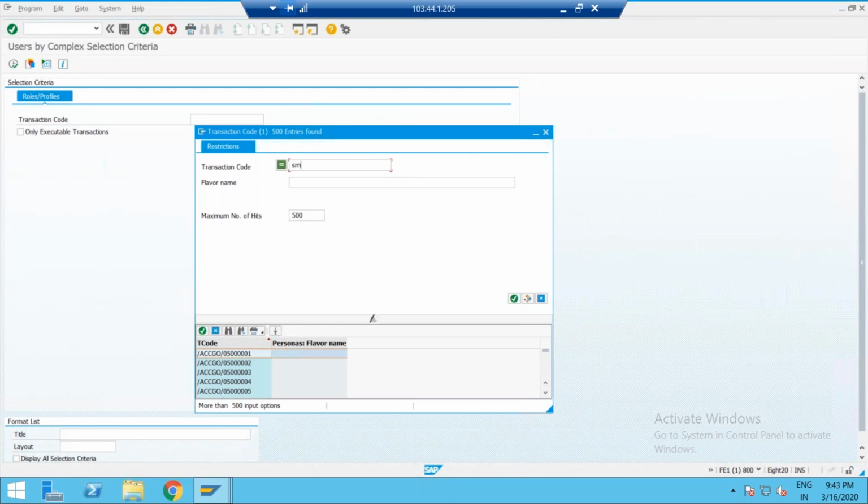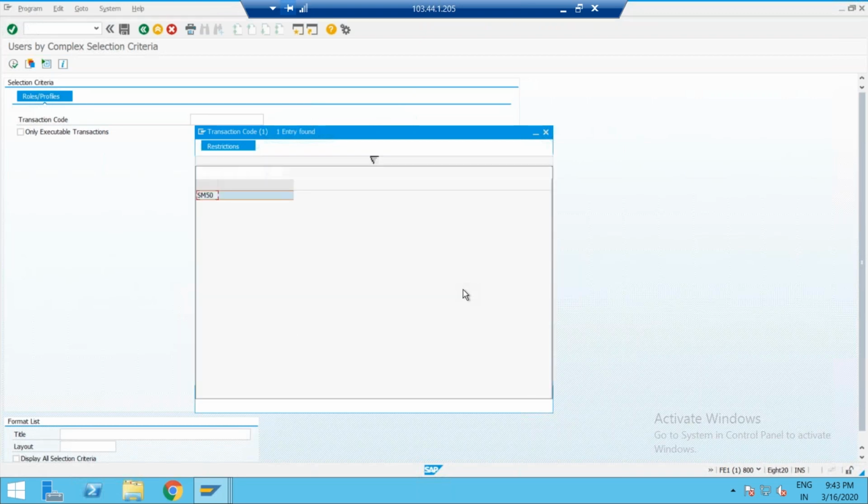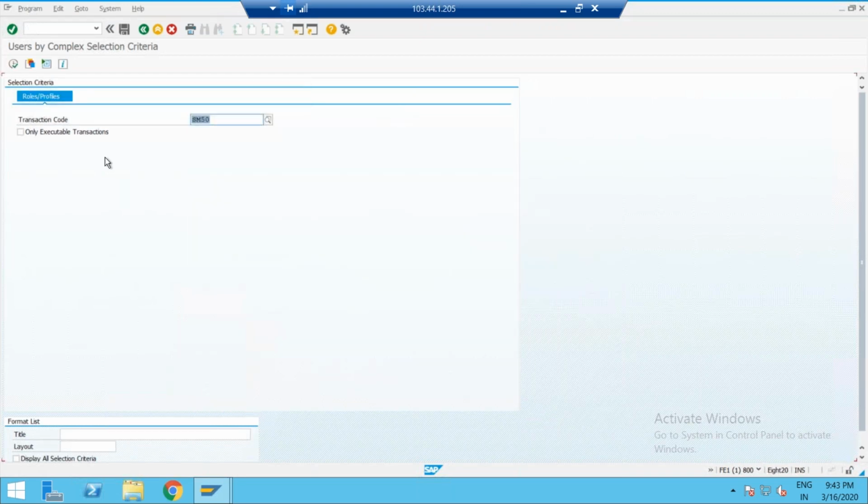How many members have the SM50 transaction code? Click on OK. Click on execute.